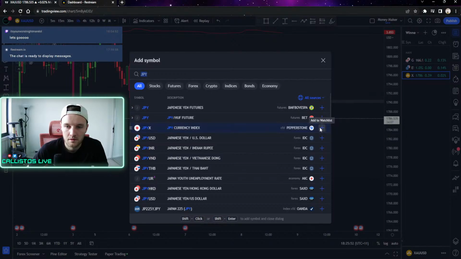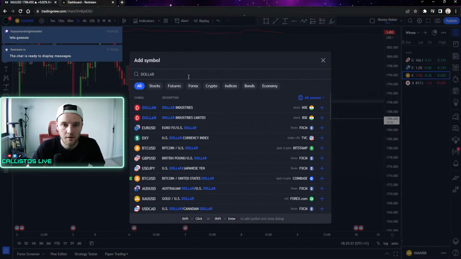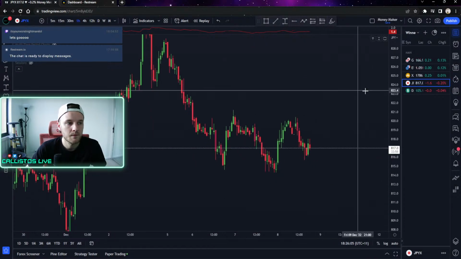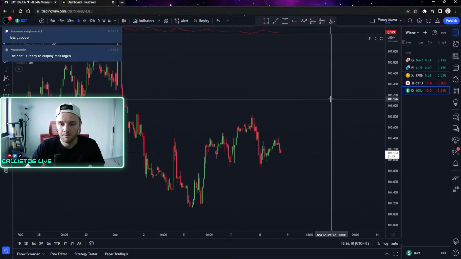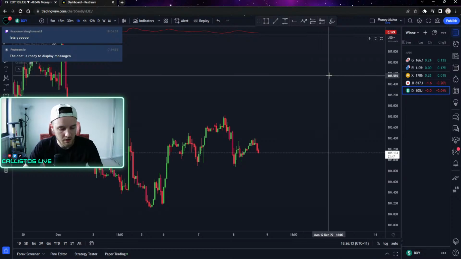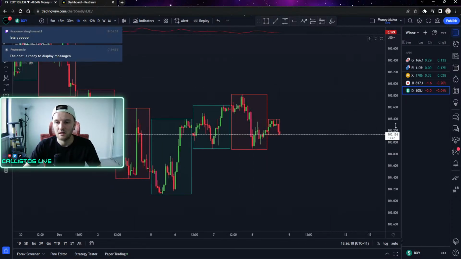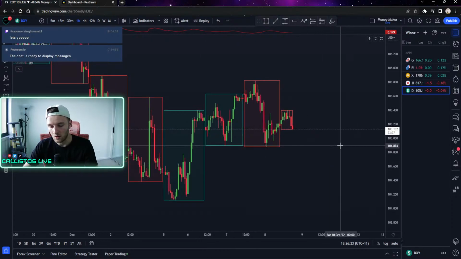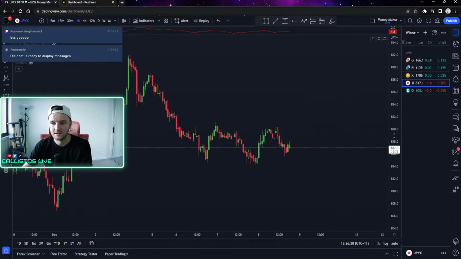We have the Japanese currency index and we have the dollar. We can just use these to give us an idea of what's happening, because I do trade, of course, gold and Euro USD, so it's probably a good idea to see what's happening on the dollar index to see what could potentially be happening for Euro USD and gold, and of course the yen index,